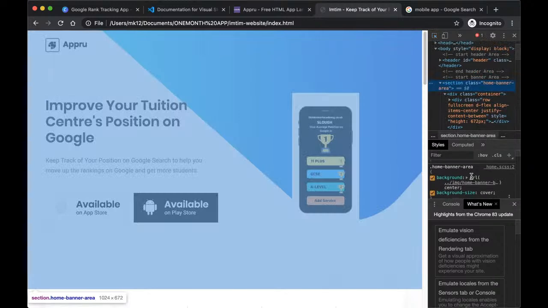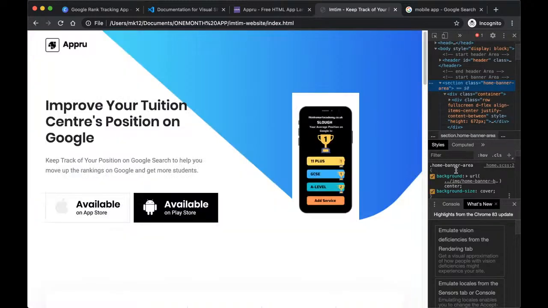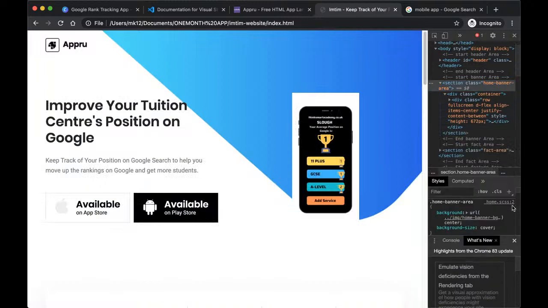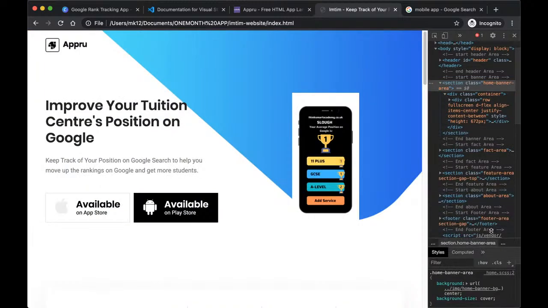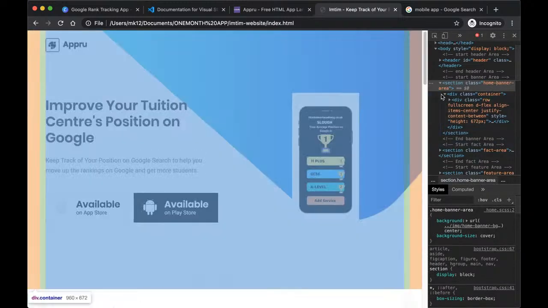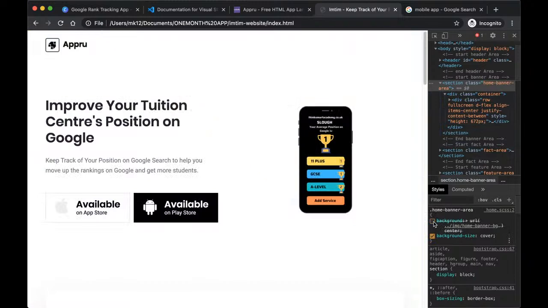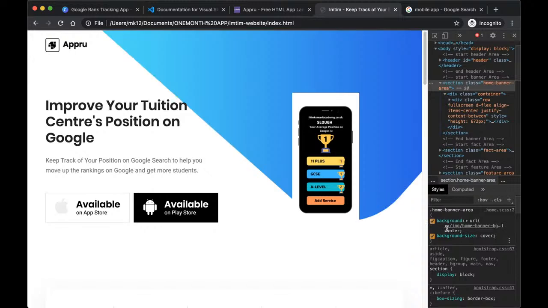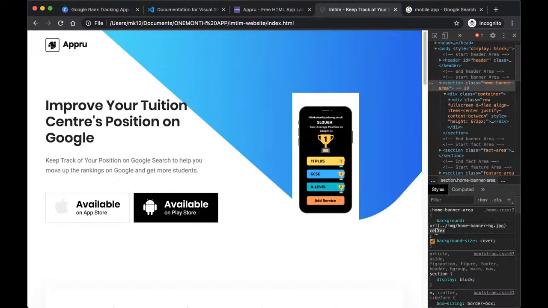Let's see where it is. So I've currently highlighted the section with a class of home banner area. And then in the styles down below, let me close this and bring this back up. I can see that the home banner area class has a background image. If I remove that, then that looks good as well. That looks good as well. Let's see if I can change this to